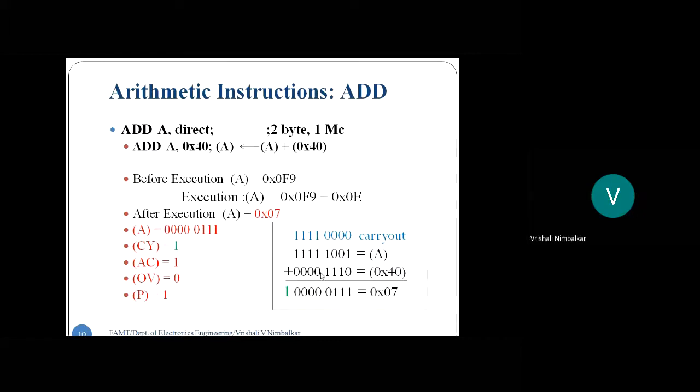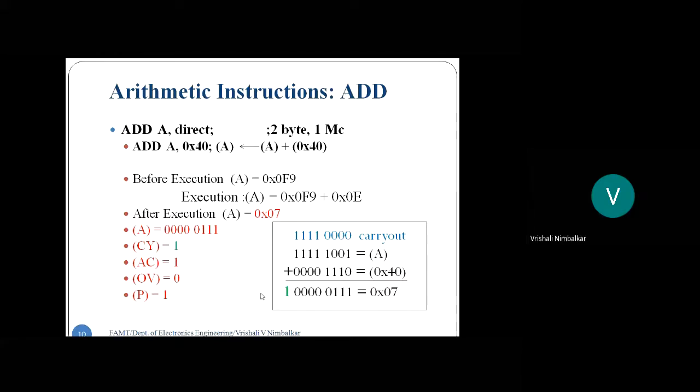Okay. Now go for the 5th bit addition. 1 plus 1 plus 0 is 2, 0 and a carry. 1 plus 1 is 2, 0 and a carry. Again 1 plus 1 is 2, 0 and a carry. The last addition is again 1 plus 1, 2, 0 and a carry. Correct. Now from the 7th bit, I got a carry. See the green one. Hence the carry flag is set. See the green color. CY is equal to 1. In this addition, the 7th bit, the last bit, there was a carry out. Hence the carry flag is set.